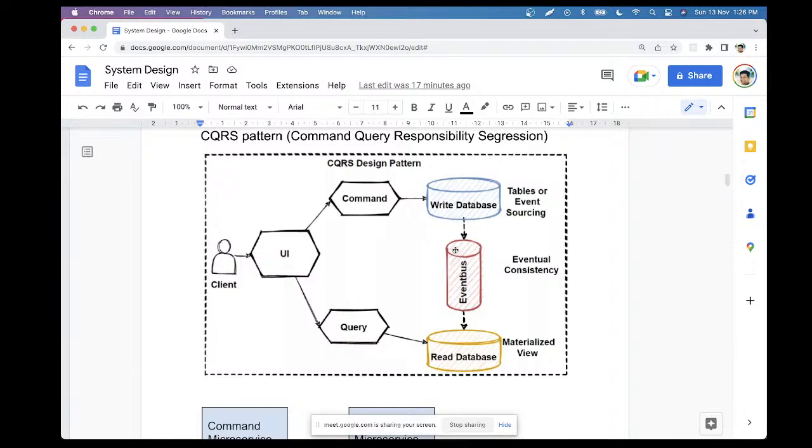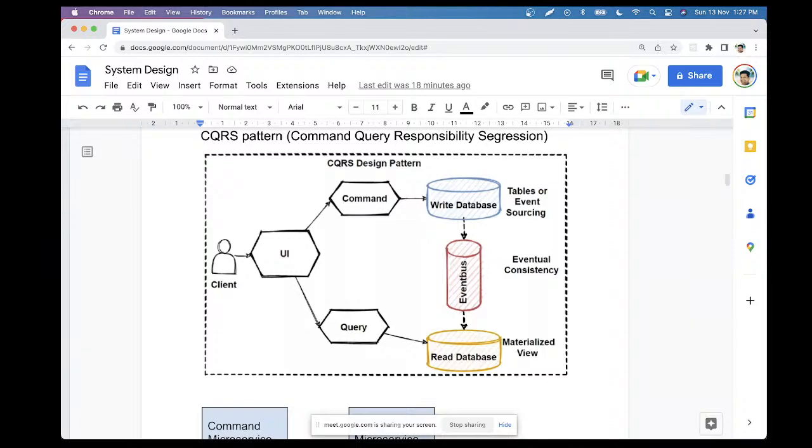It could be maybe an intermediate server, because you can temporarily store some information. The only problem is if there are too many updates and you are firing them to the read database as and when they happen, then there will be overload of the write database, because not only does it have to write the data, it also has to sync it to the read database, right? And if the read database is also busy, it may not be able to consume the new updates at the same pace as